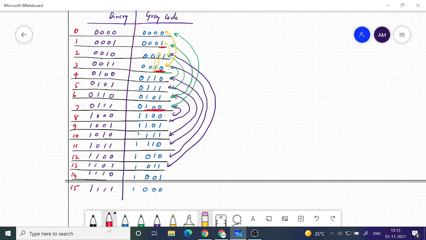This and this are same, and this and this are same, and you can continue to extend the symmetry to the higher cases. That is, you make this bit 1, and then you can have the symmetry here, the green one which I am showing. So this is 1 0, this is 1 0, this is 1 1, this is 1 1, and this is 0 1, and that is 0 1, this is 0 0, that is 0 0. Is that clear?